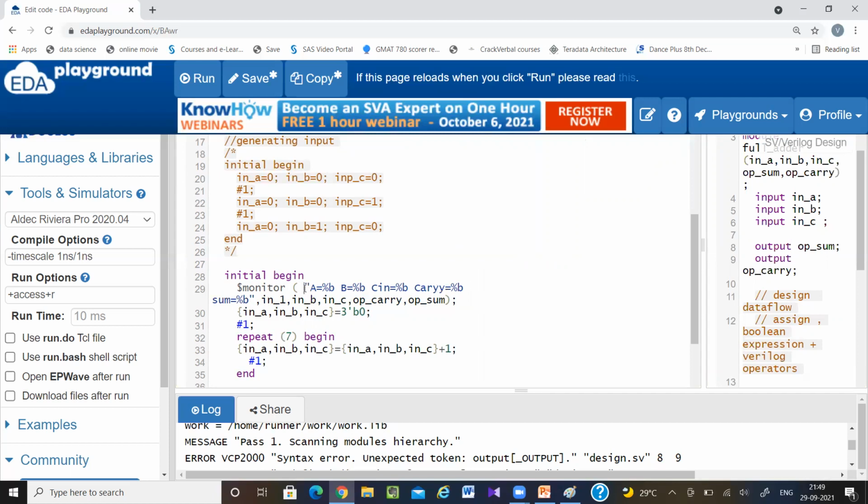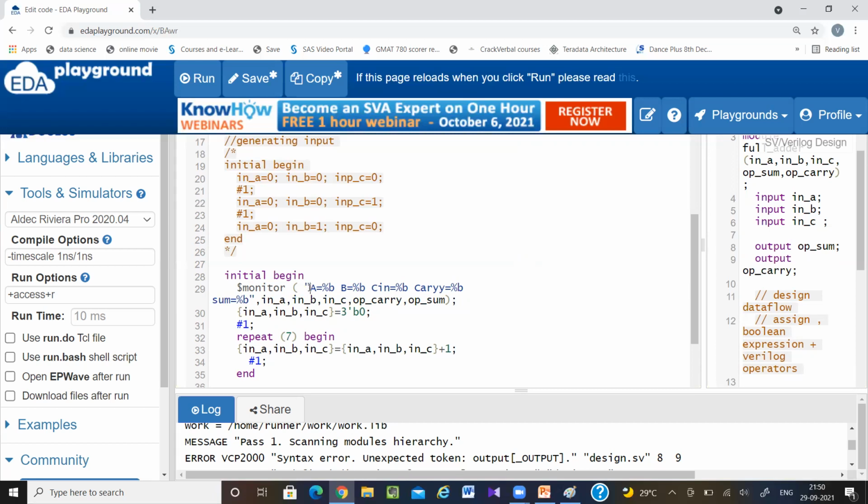Remember, whatever you write in the double quotes will simply be printed. It will simply print A, B, C, carry. Here I have written %b, so whatever variable I write, it will print that variable's value in binary format, here in binary format, here in binary format. %b means binary.